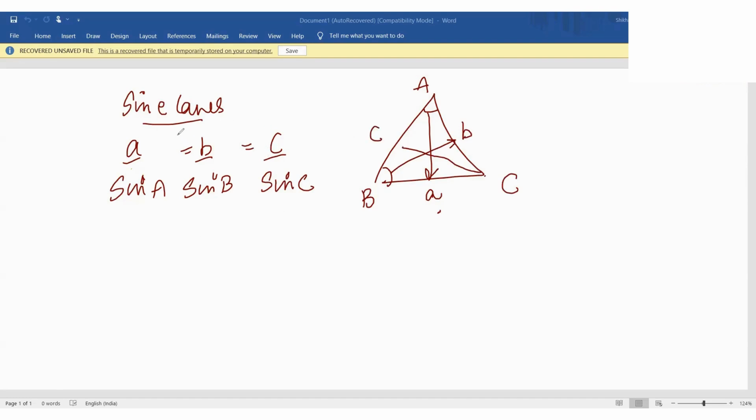Usually when we apply the formula, we get confused. The formula they give with the cheat sheet, but the main thing is how to apply it. This is a sine law. There is another sine law which is used to find the area of a triangle. But otherwise, if I ask you what is the formula of area of a triangle, do you know how to find the area of a triangle?